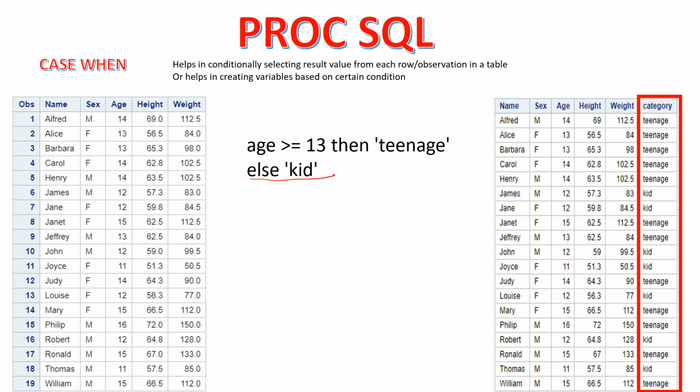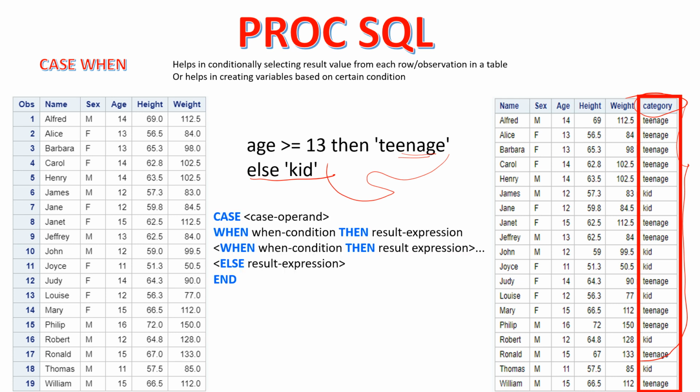If we are creating these conditional values, then certainly there should be a variable which should contain these values. So that variable would be named category, and this would contain all of these values which we have provided here as the condition. So the case when syntax looks something like this. One thing you need to note: whatever you see under the angular brackets are optional statements, the rest are mandatory. So the case statement is mandatory, this one is optional.